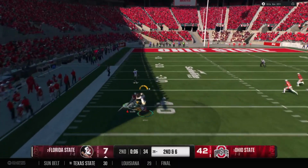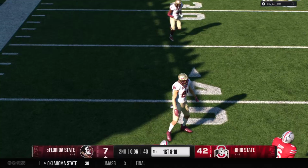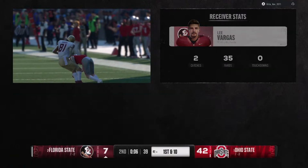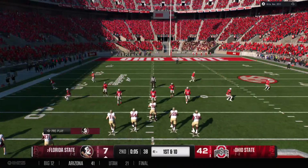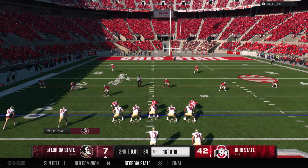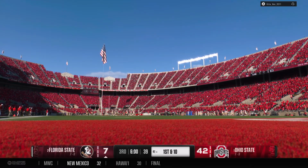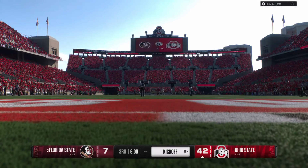Here's the throw deep downfield. The catch is made for a huge pickup. Potentially a touchdown-saving tackle, but not before a long completion. The DB's backing off from the line now. And that will do it for the first half here. Kevin Connors now has our halftime update. Ohio State 42, Florida State